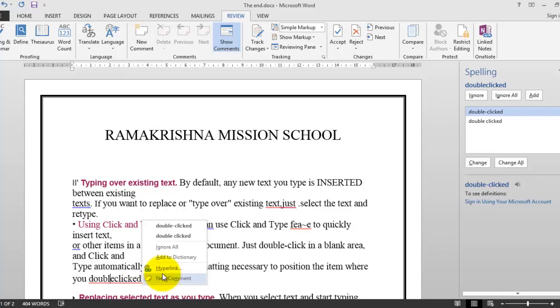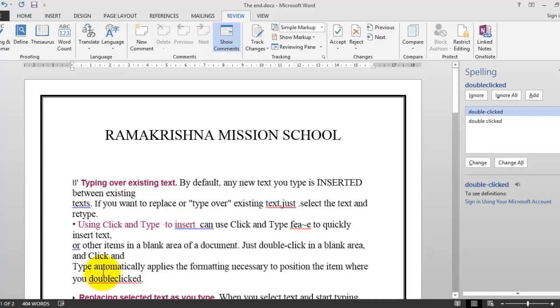If you want to change this one, you can click directly on here. So in this spelling and grammatical check, you can change. You can change to autocorrect also. Here, look here, ignore all, or add to dictionary, change all. Wherever you find this one, you can change all. If you select this change all, it will change it wherever it finds it. You double click. So like this,